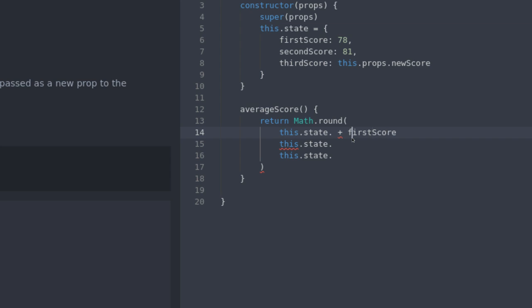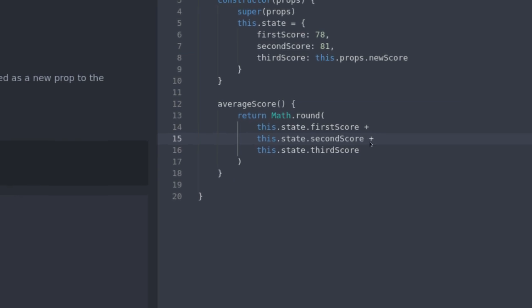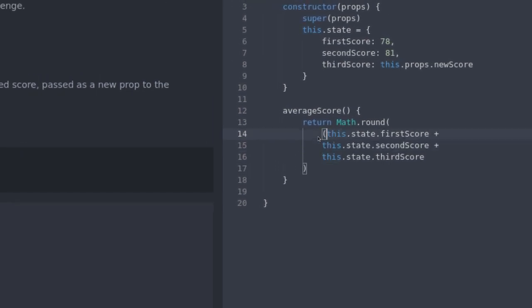Sorry, put the plus in the wrong place. Right, this dot state dot first score plus second, third, missed the plus again. Yep. Let's first, I think, put all of those in brackets. Divided by